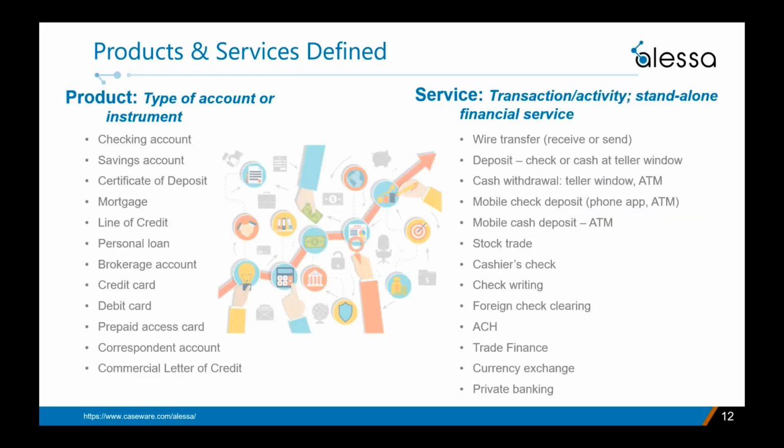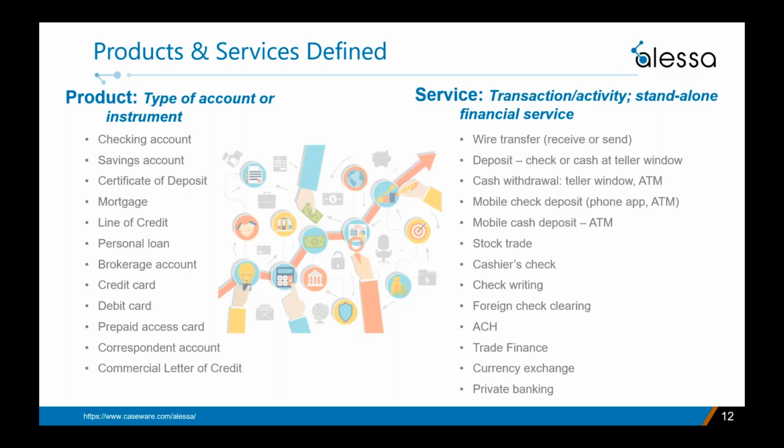So before we go into the money laundering risks of products and services, let's first define what is a product versus a service. Here are just some samples of both. And by the way, this list is by no means exhaustive. But essentially, a product is a type of account or financial instrument. And a service is an activity or transaction that's performed on a product. So for example, a checking account is a product. The services the financial institution offers to the holder of this product are, say, check writing, wire transfers, cash withdrawals,